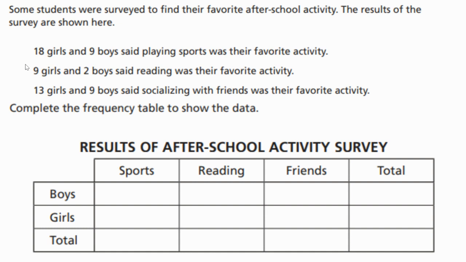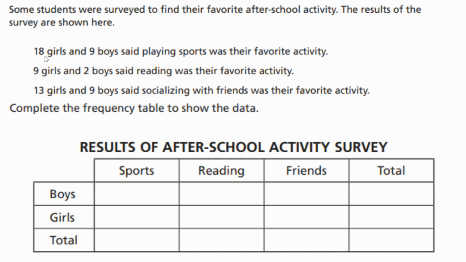So what we're going to do is just take our numbers here and place them in the appropriate boxes in the table. Notice we have boys, girls, and the total amount on the vertical side of the table. And then we have sports, reading, friends, and totals for our columns over here. So these rows are labeled boys and girls, and then these are each of the columns for all of the